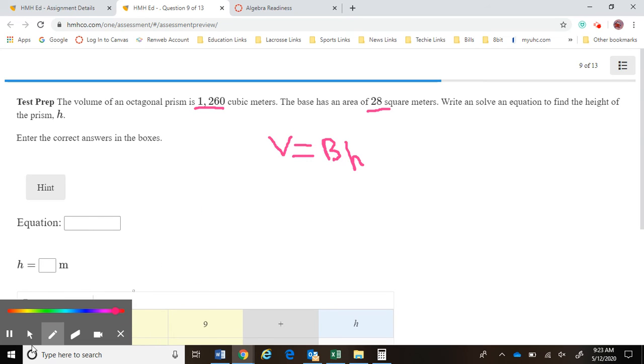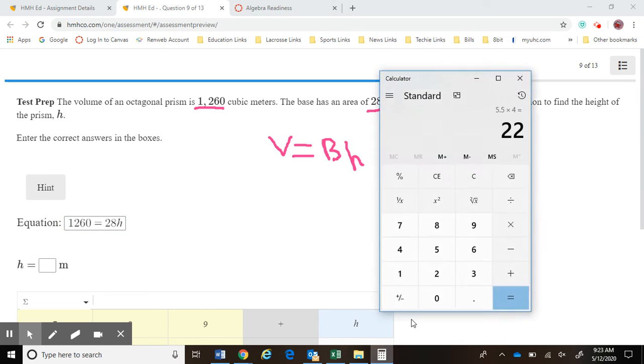I know what my volume is, 1260, and I know what my base is, equals 28. What's my height? I don't know. I'm going to use H. So what do I need to do here? Take 1260